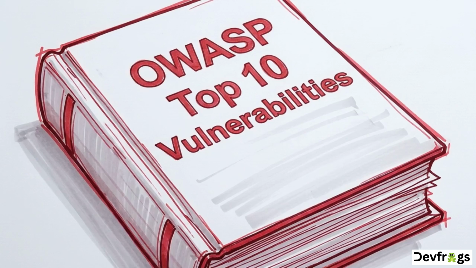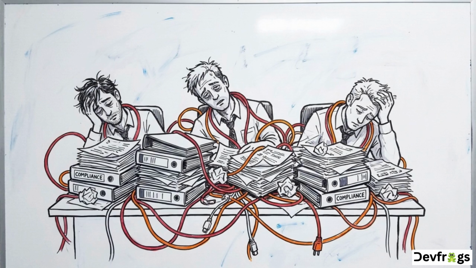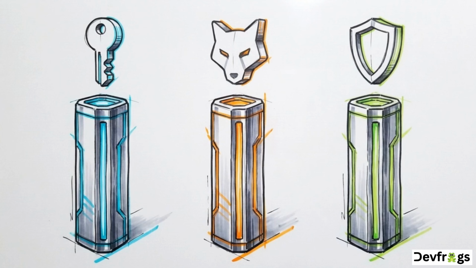Managing identity means absorbing the responsibility for the OWASP top 10 vulnerabilities, navigating strict GDPR data handling requirements, and continuously passing SOC 2 audits. Most development teams simply do not have the specialized security bandwidth for this. The definitive strategy eliminates custom implementations. Your integration roadmap: adopt an existing framework, define metadata endpoints, manage tokens, and build a developer dashboard. To handle the OpenID Connect protocol logic, you should immediately adopt battle-tested open-source frameworks like Keycloak or Hydra, or utilize managed platforms like Auth0.